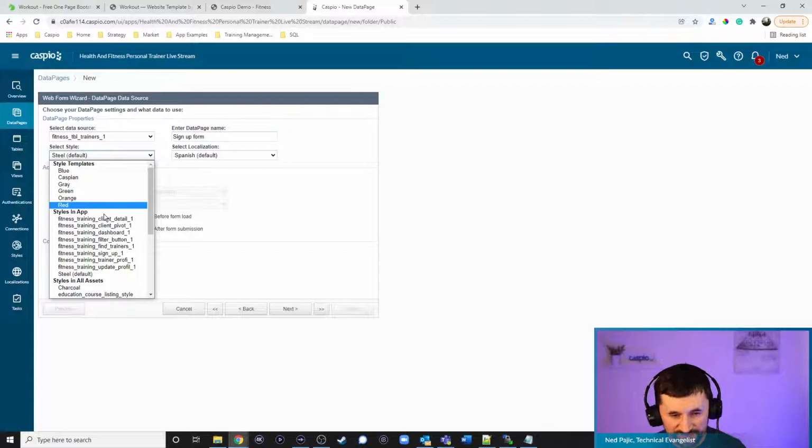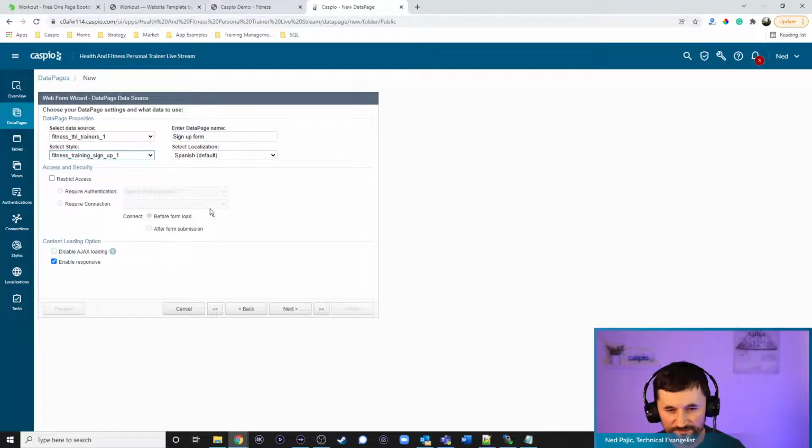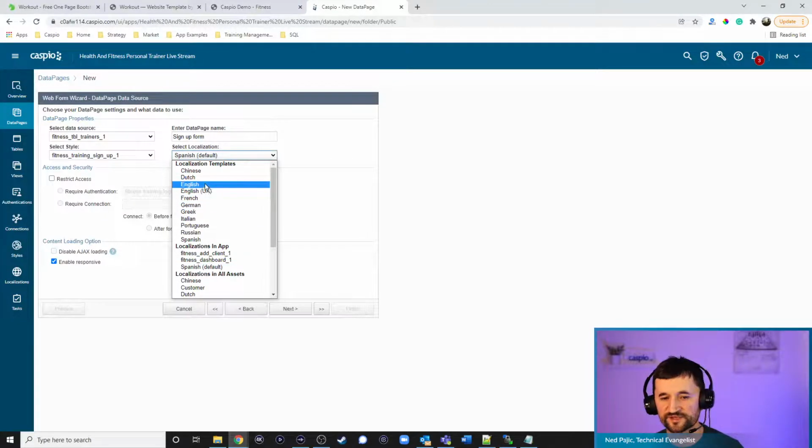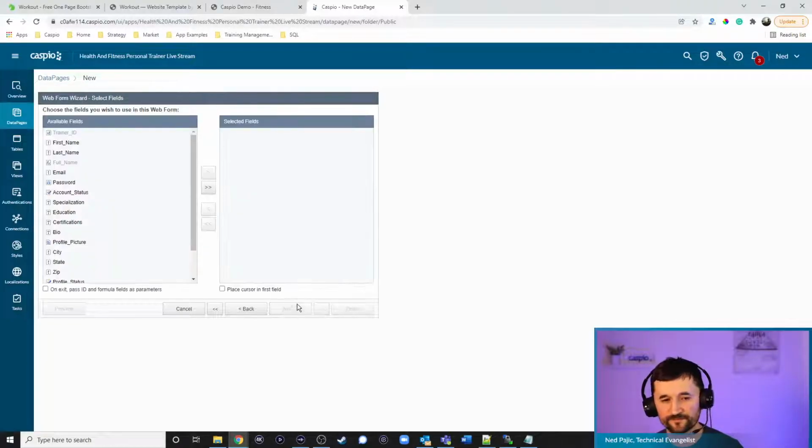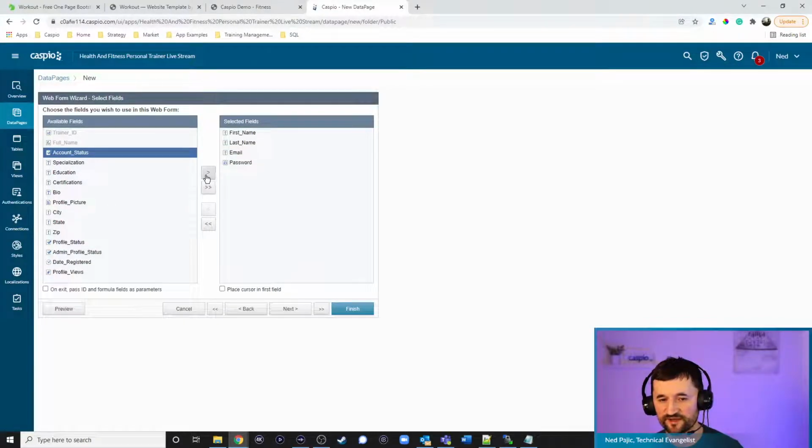I do have a specific style for that. I call it sign-up. Localization is going to be English. It's going to be a public-facing data page, so let's continue. And now what fields do we want to have on this sign-up form? So first name, last name, email, password, account status, and the rest of the information we're going to include in